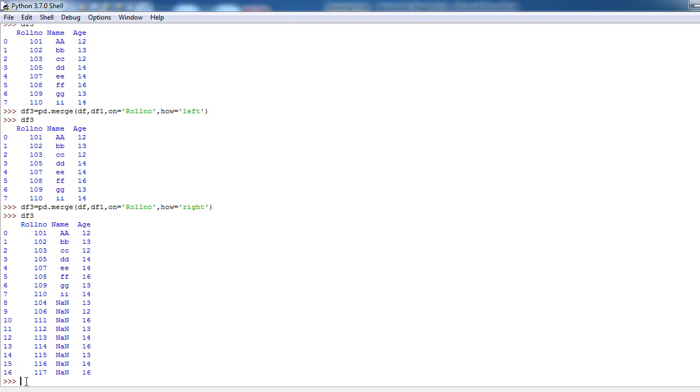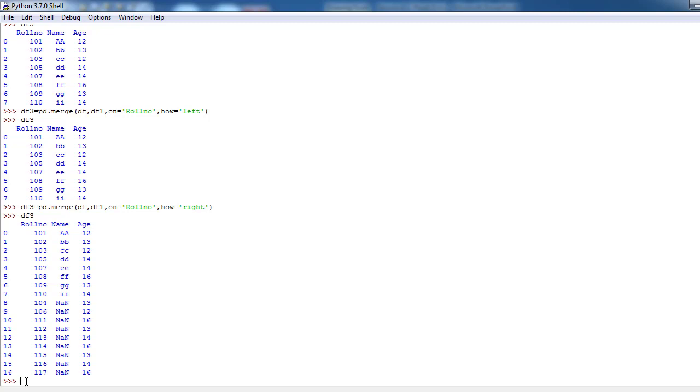For outer merge, a full outer join returns all the rows from the left data frame, all the rows from the right data frame, and matches up rows where possible, with NaNs elsewhere.